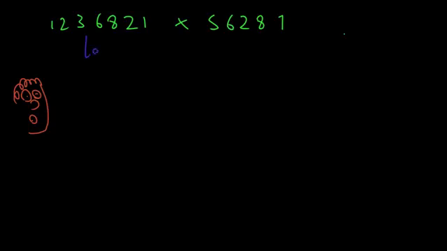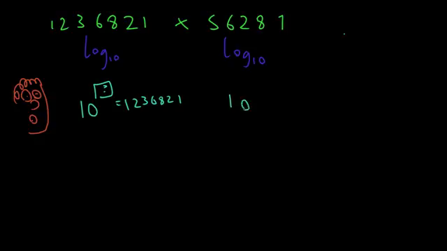Because if we take the log of this number, say log base 10, and log base 10 of this number, what does this mean? I'm just basically asking, if I have 10, what power do I need to raise 10 to get that big number? Okay, and I don't know what that is. I guess it's a bit more than 6. And then same thing here, right? I don't know what that number is, but let's pretend we do. So let's pretend that we find out what those question mark numbers are. Now, we're not really sure what the answer is yet. But the cool thing is we can actually work that out, because if we take these question marks, suppose this is question mark 1 and this is question mark 2, then